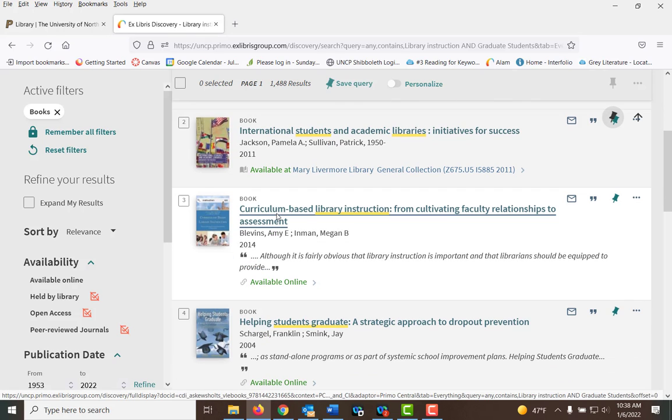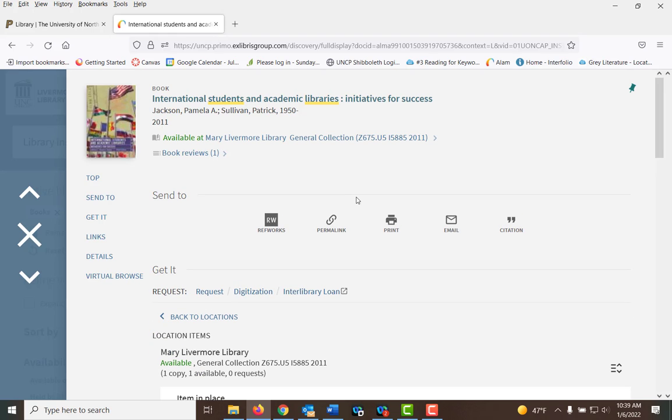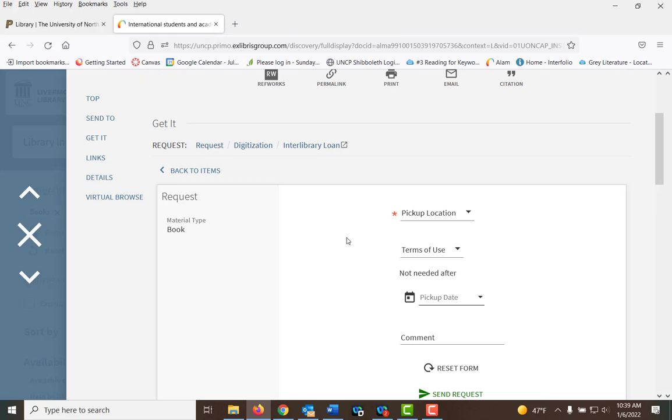Now, if you're an online graduate student or you do not come to campus and you see a book you need that we have available, what you can do is when you have that title, click on the title. It'll go into that book's record. If you want to request it, you can click on request, select your pickup location, which would be home address, and because your records are preloaded into the system, we will have your home address. And then you can set a date and submit this, and we will get the request, process it, and mail that book to your home, to the address in the system.